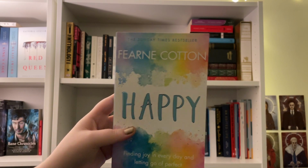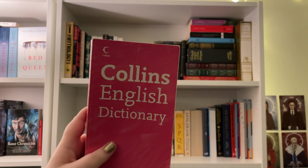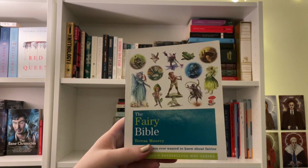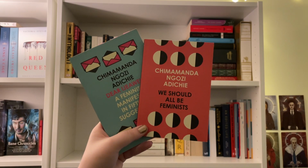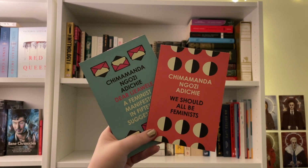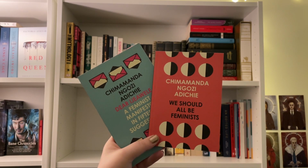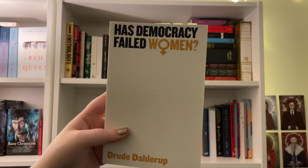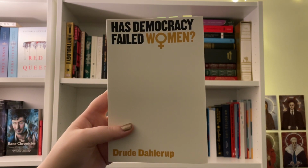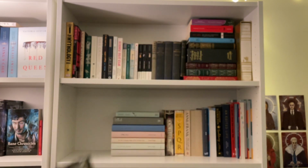Happy by Fern Cotton, Managing Your Money by Usborne, a super old Collins English Dictionary, The Fairy Bible by Theresa Morey, We Should All Be Feminists, and Dear Ijeawele, A Feminist Manifesto in 15 Suggestions, both by Chimamanda Ngozi Adichie. Freedom by Margaret Atwood, Has Democracy Failed Women by Drew Delarue, Women and Power, a Manifesto by Mary Beard,